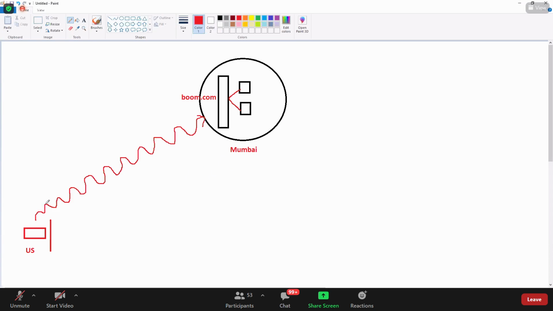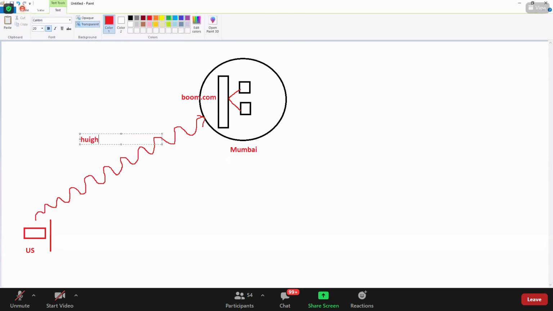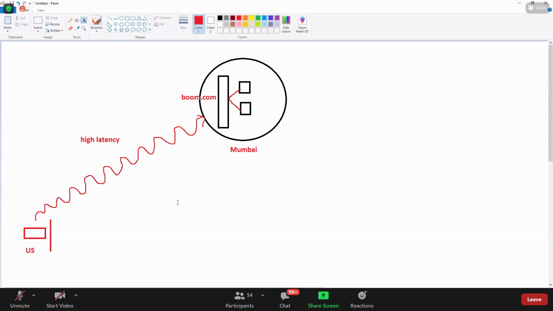From there, it will go somewhere, and from there somewhere else. From US to Mumbai, it has to cross multiple networks. So if you want to connect from US to Mumbai, do you have high latency or low latency? High latency.